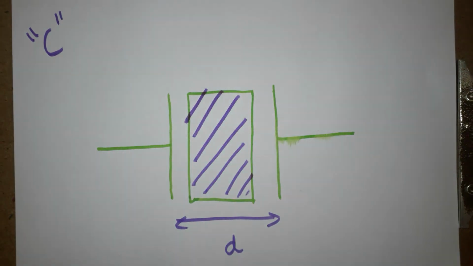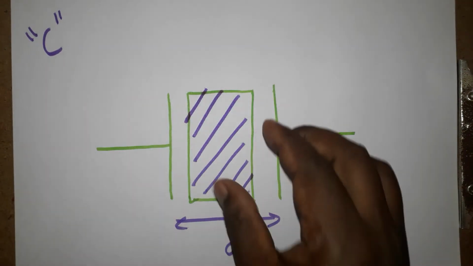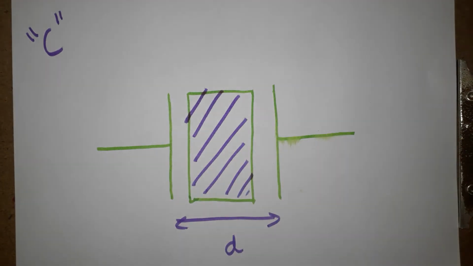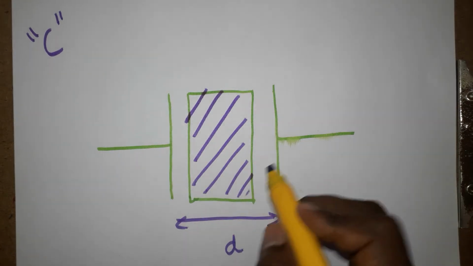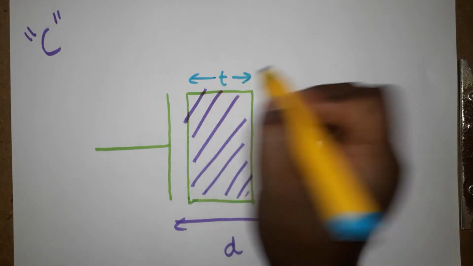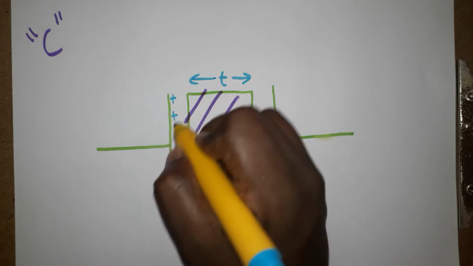Students, today we are going to see what the capacitance of a capacitor is when a dielectric medium is placed between the two parallel plates. We are going to find the total capacitance when we place a dielectric material of thickness t inside the two parallel plates. It is a capacitance.